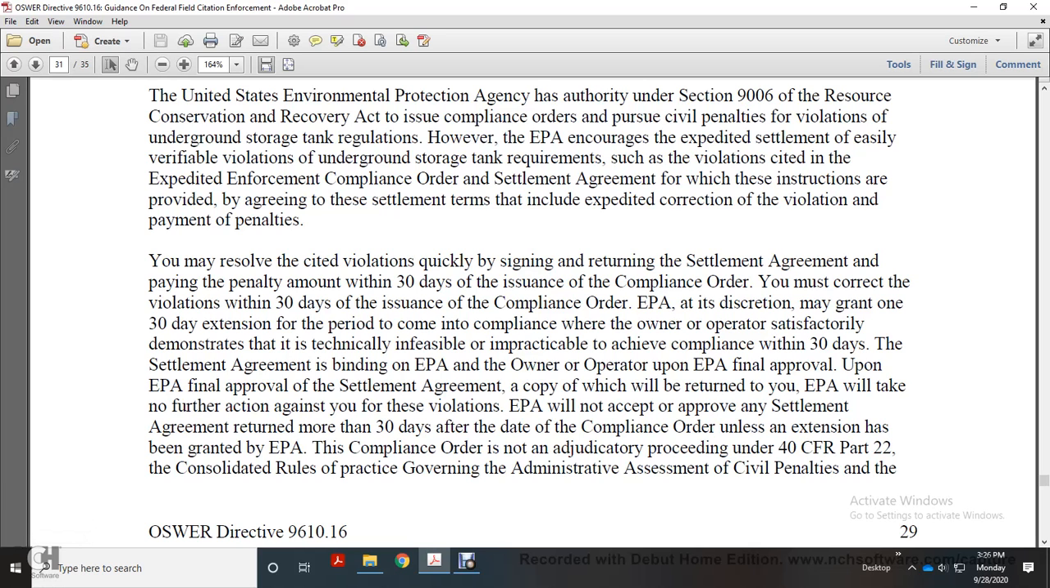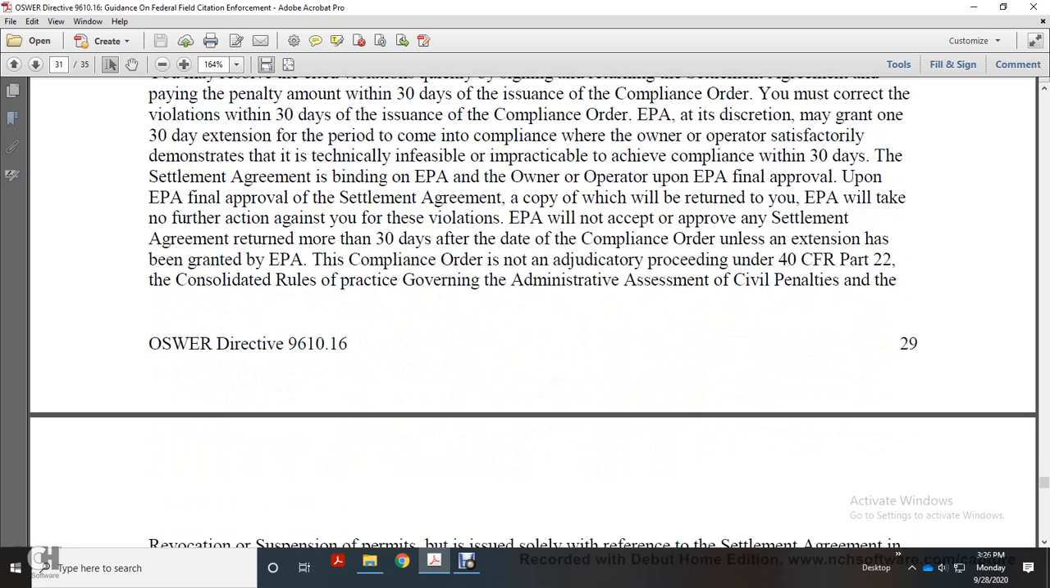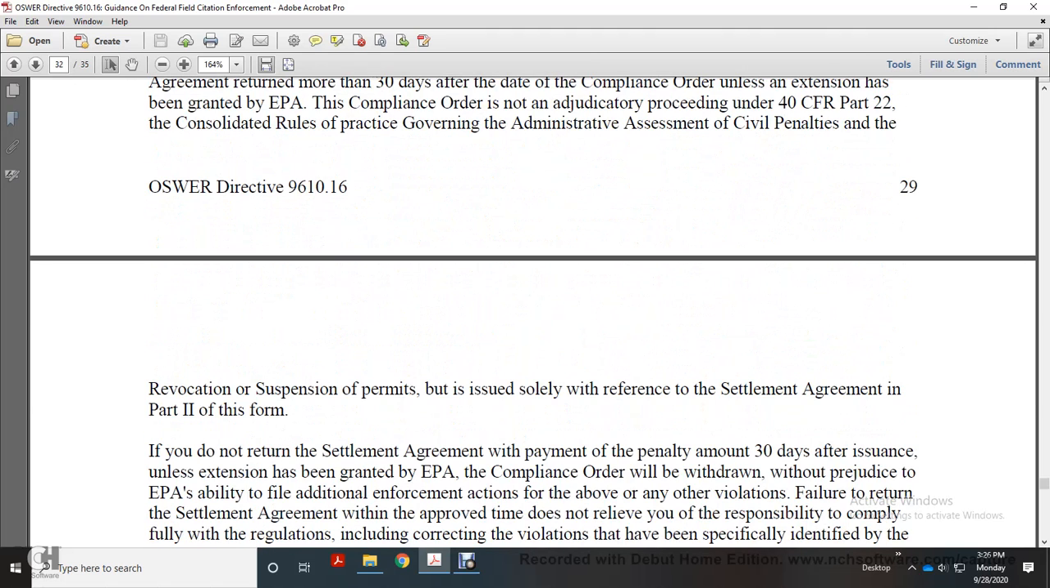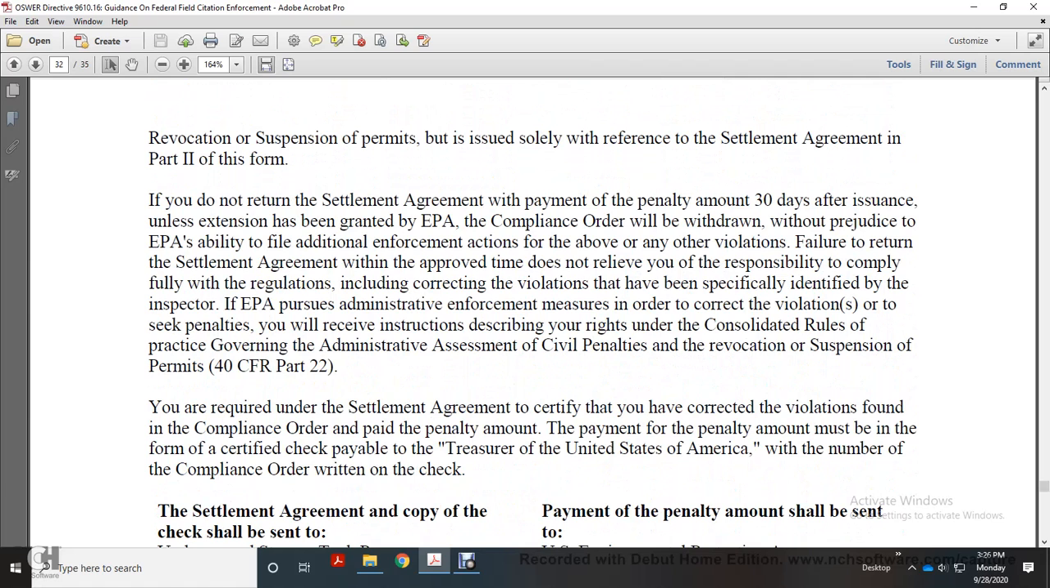The compliance order is not an adjudicatory proceeding under Title 40 CFR Part 22, the Consolidated Rules of Practice governing administrative assessments of civil penalties and the revocation or suspension of permits. It is issued solely with reference to the settlement agreement in Part 2 of this form. If you do not return the settlement agreement with payment of the penalty within 30 days of issue, unless an extension is granted by the EPA, the compliance order will be withdrawn